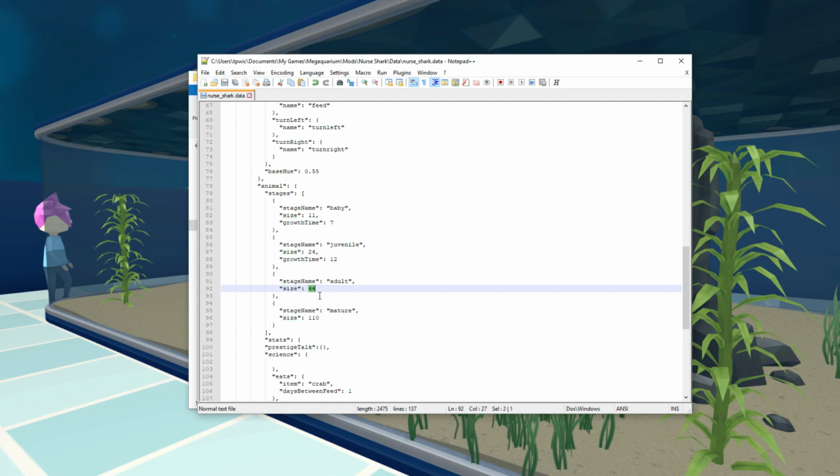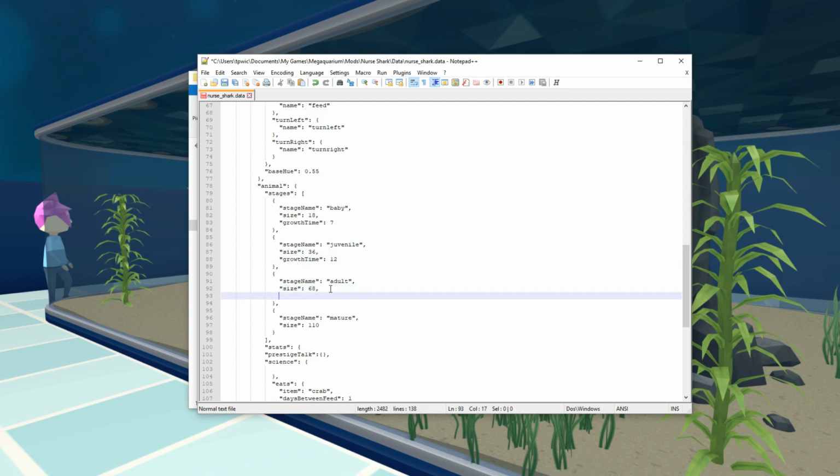And then we need to come up with some intermediate sizes, some intermediate growth stages. So we've got 68, we're going to go 36, and we're going to make the starting size 18. And then we've got growth time here. Now, because this used to be the last stage, we have to actually add another growth time for this one. Any stage that has a growth time will grow through that in days, and then it will grow and be the larger size. So basically it starts as a baby,